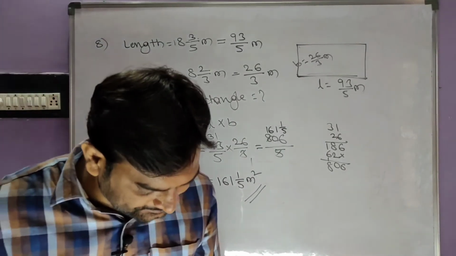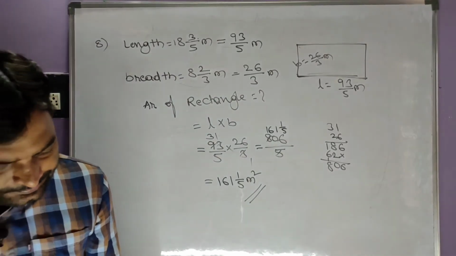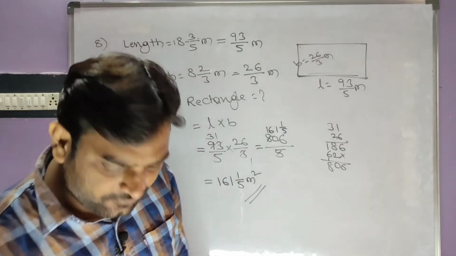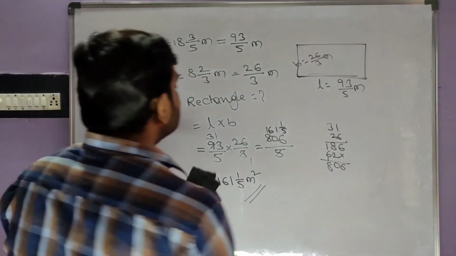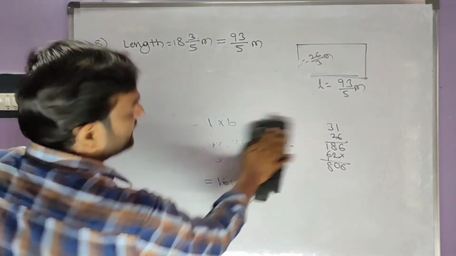Okay. And ninth one. What number should 33 by 16 be divided by to get minus 11 by 4? To get minus 11 by 4, what number should divide the minus 33 by 16?